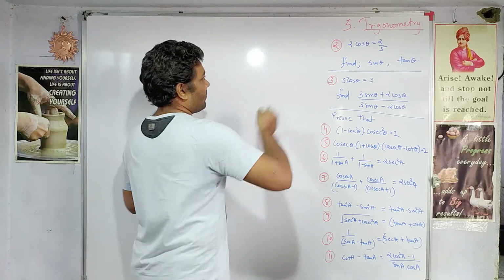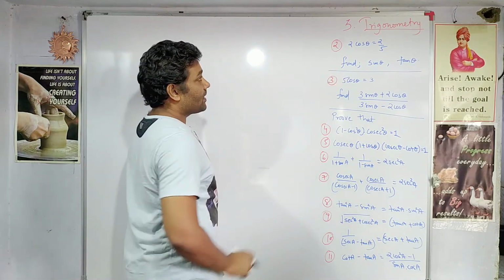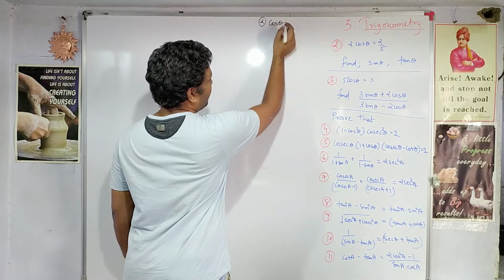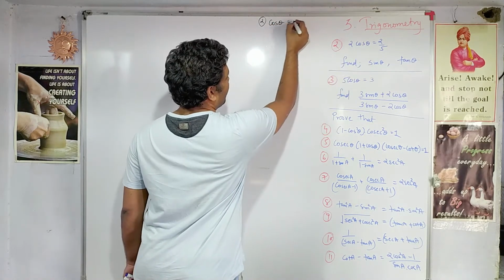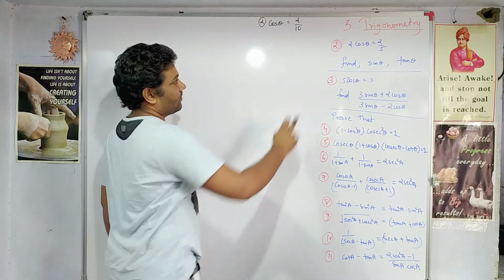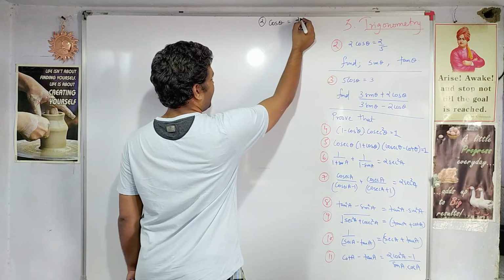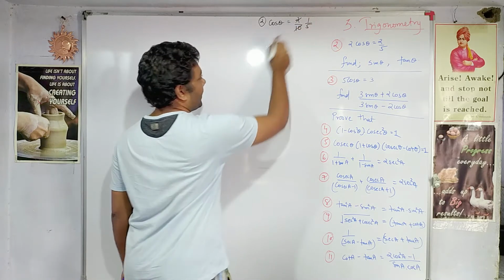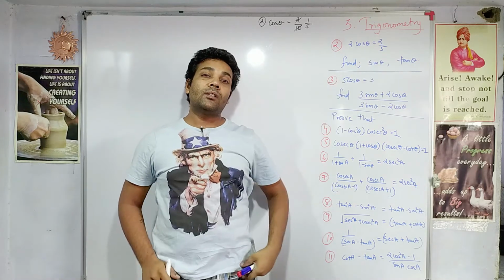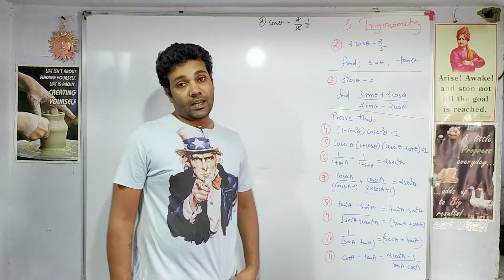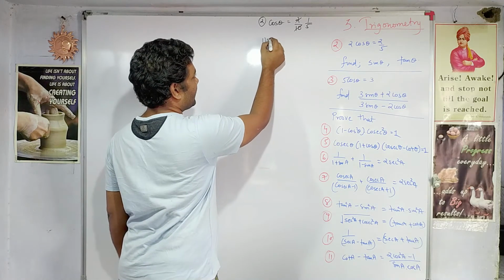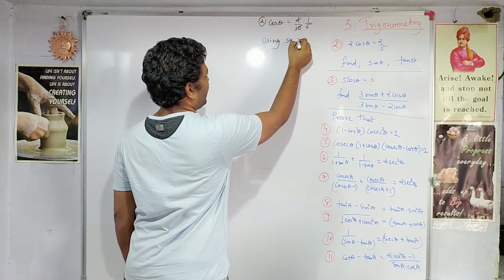So the first question we have, the value of cos theta is given to us. So if we start solving, if we rearrange this, we get cos theta as 2 by 10. 5 2s are 10, so it is 1 upon 5. And since we have the value of cos theta, can we calculate the value of sin theta and tan theta? Yes, we can calculate sin theta. How? Using a square relation. So using a square relation here,